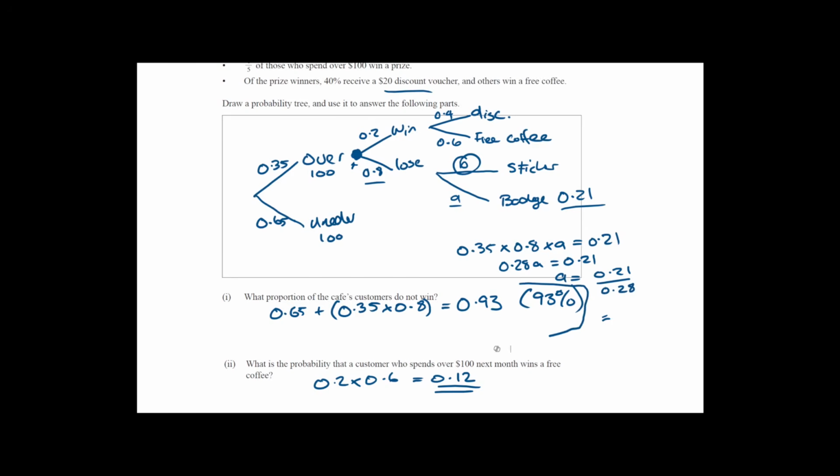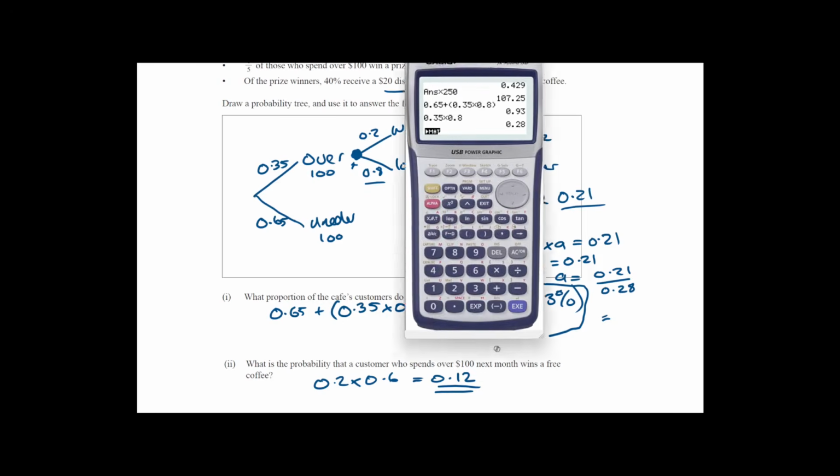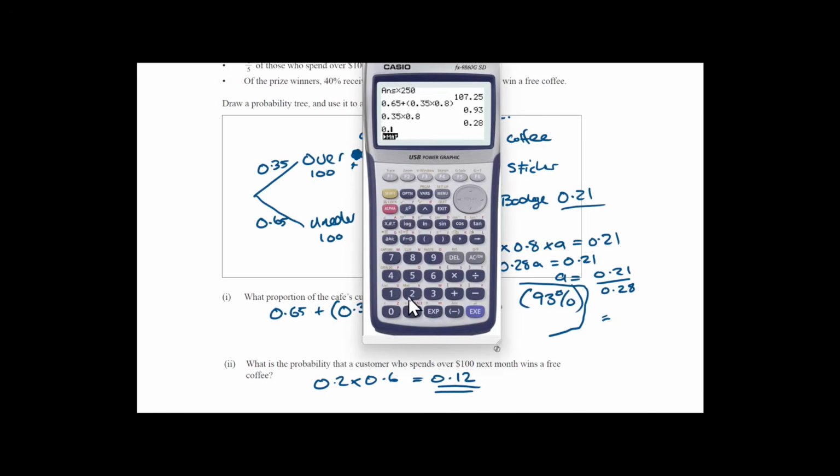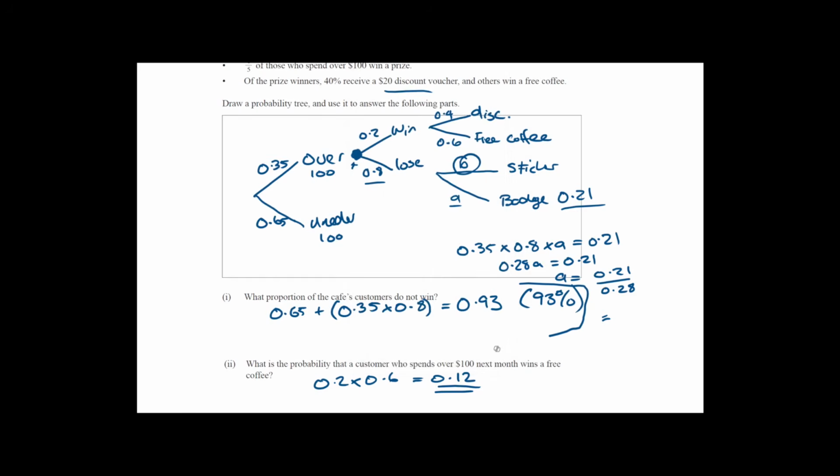Follow the logic? So 0.21 divided by 0.28 is 75%. So therefore, if this is 0.75,